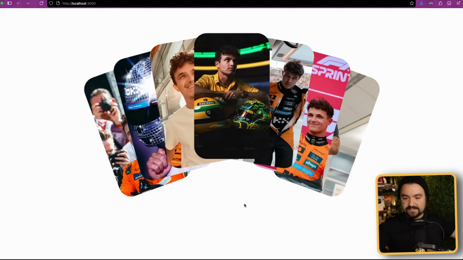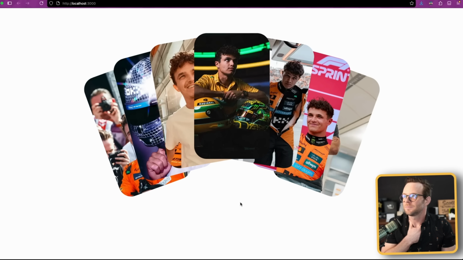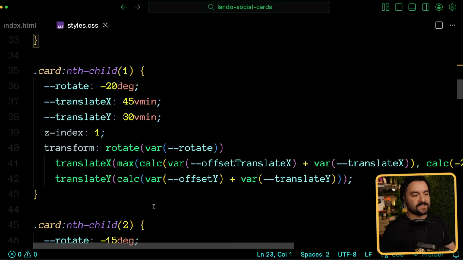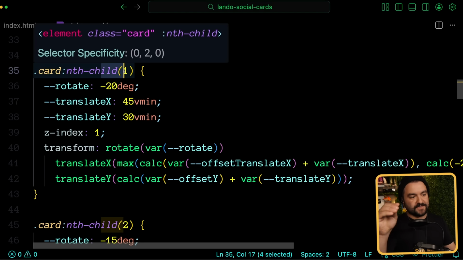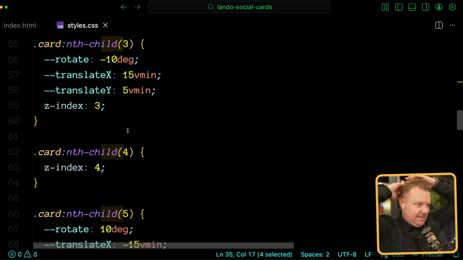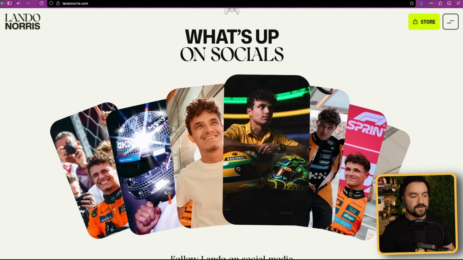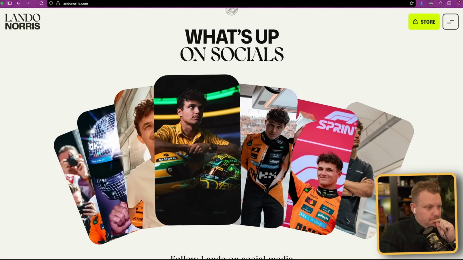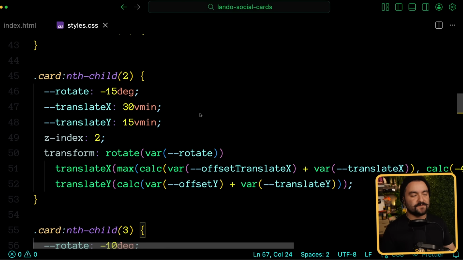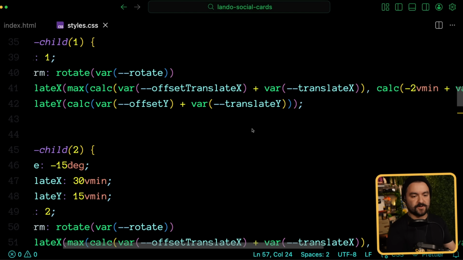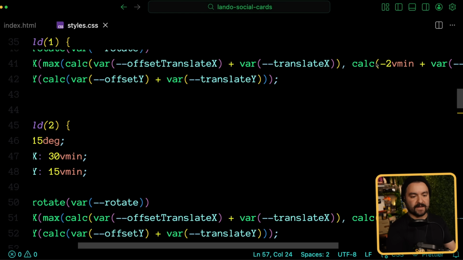Basically, I'm using sibling selectors. So for any given element, select the 6 elements to the right, and they change their offset X. This is what I was talking about. There's a lot of CSS because I have to target the first card, target the second card, target the third card. Oh, use max. Okay. The ones on the edges don't move very much, which is why I'm using that max. So that's one of the last things I plugged in. I couldn't figure out how to get it working on the main selector. The last 2 on the left and the last 2 on the right, I'm using a max so that they